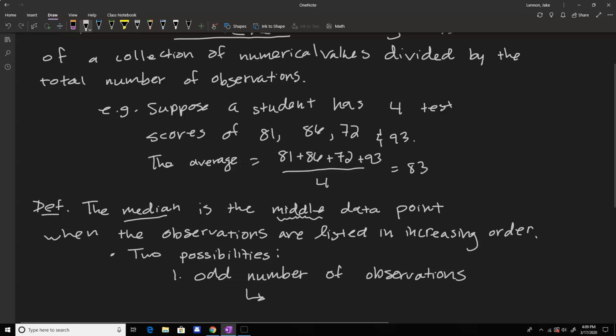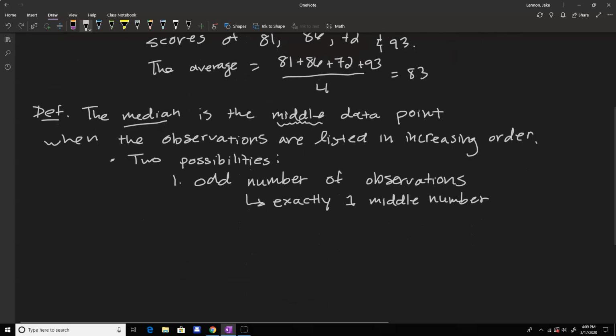Well, there's exactly one middle number, which is going to be your median. Whereas if we have an even number of data values,